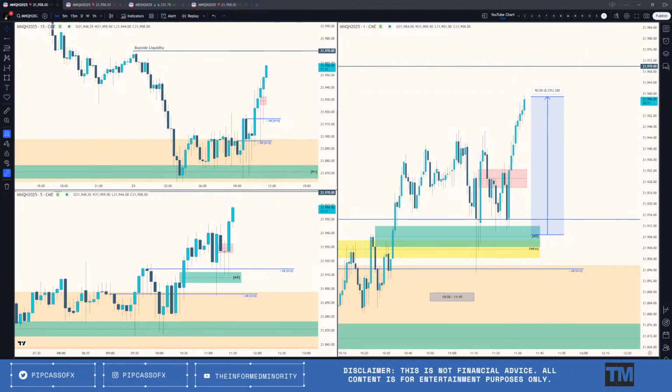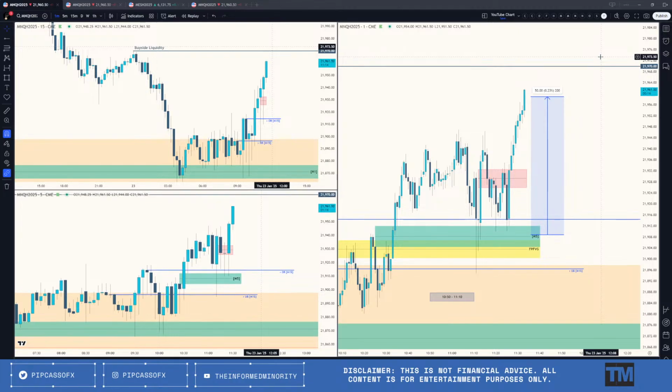Okay, there we go. So we got our 50 handles. Let's screenshot that, and then we'll see if the buy side gets there. And then that will pretty much be it for this stream if it can reach up there. And attack that, and then I will be back tomorrow, mañana.